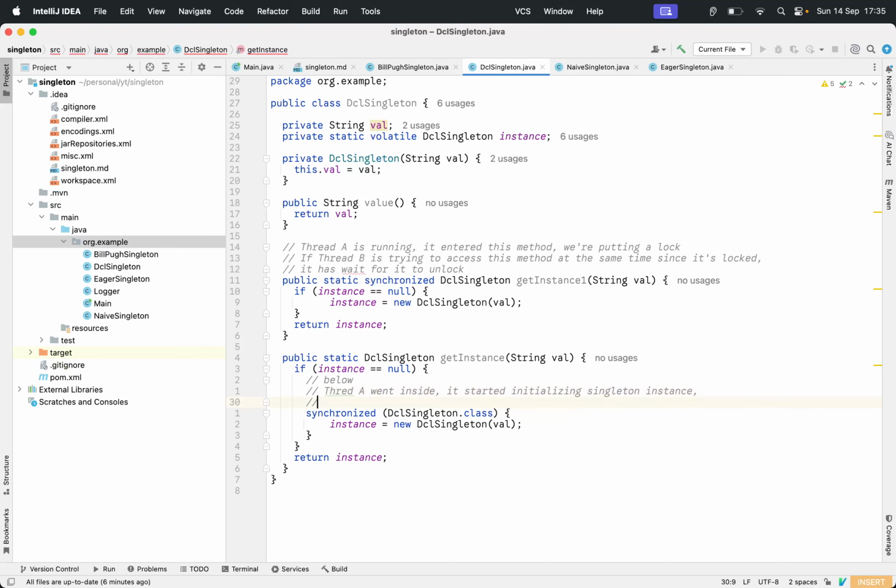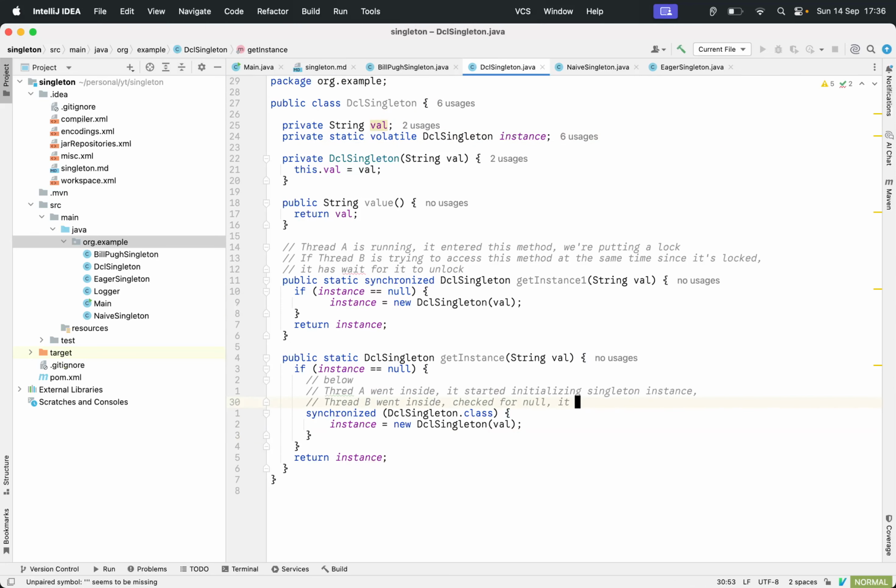Thread B went inside, checked for null, it is not null, so it returns the instance. Which means there could be partially initialized scenarios like we discussed with the volatile keyword.